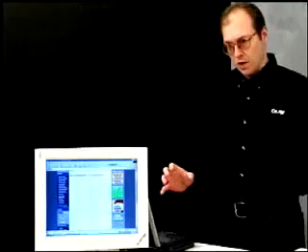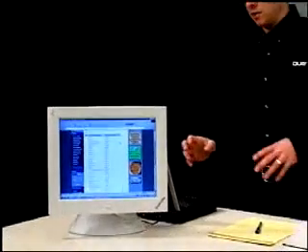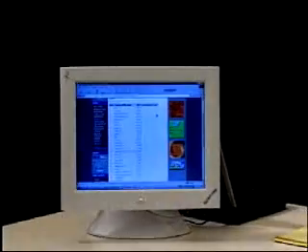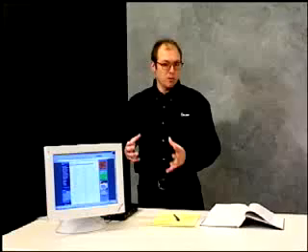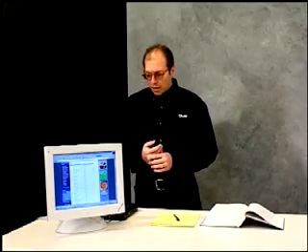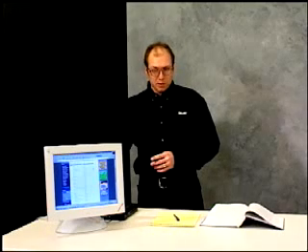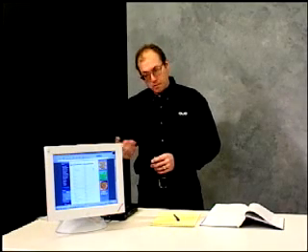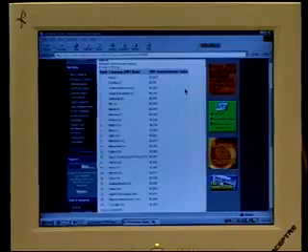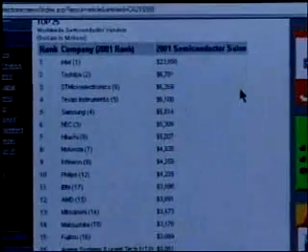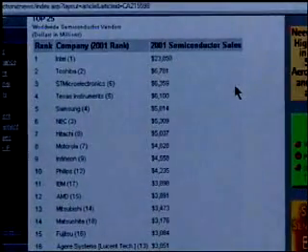Let's walk over here and take a look at the screen I have up here, which shows 2001 semiconductor sales. Now this is all of the sales for these particular companies, or at least the semiconductor portions of these companies. And when we look at the top 25 semiconductor companies, as you can see, number 1 is Intel. And look at the gap between number 1 and number 2. Number 2 on this list is Toshiba. Intel is 3.5 times larger than Toshiba.